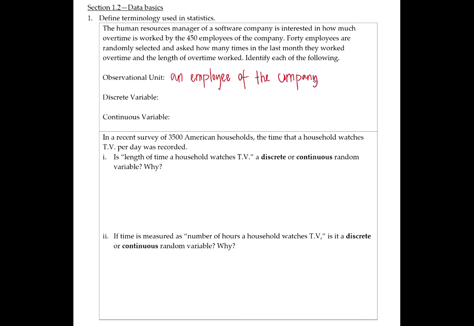Variables are pieces of information that we are obtaining from the observational units. For this example, we are asking them how many times in the last month they worked overtime and the length of overtime worked. A discrete variable is one where there are just a finite number of possible responses. Or another way that you can think about it is a variable where you can list all of the possibilities without skipping any. So the number of times worked overtime